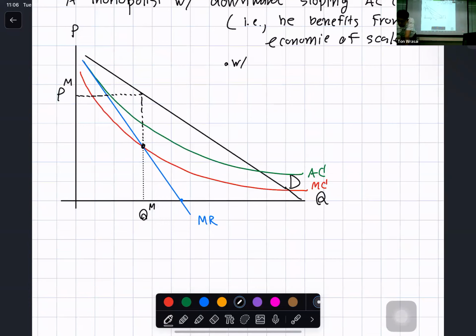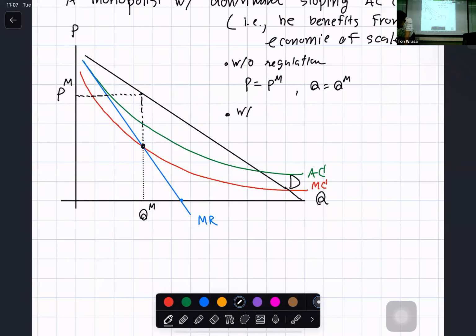So without regulation, P would be PM, Q would be QM. Profit maximizing output level produced by the monopolist. Now, let's say government consider this as, oh, you charge too high price, you produce too little output. That would hurt consumers. Then government step in, regulate monopolists, asking monopolists first,